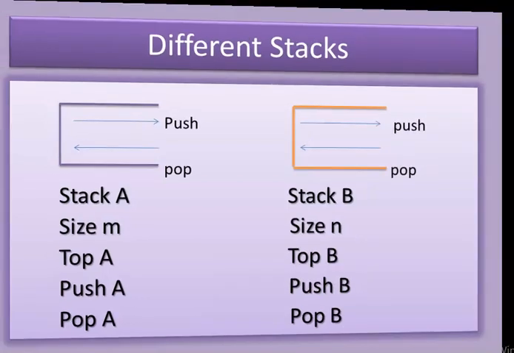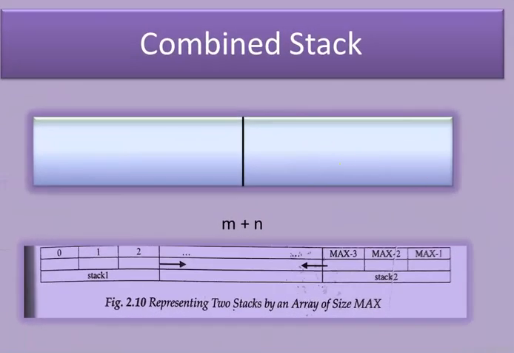Let us move on. So we are having a combined stack here. The structure of the stacks will be like this, because from 0 to max minus 1 will be the size. Our maximum size is 11 as per example, so the indices range from 0 to 10. If max is 11, then max minus 1 corresponds to the value 10. So don't go to this figure now. So we are having how many spaces? 5 spaces here and 6 spaces here.